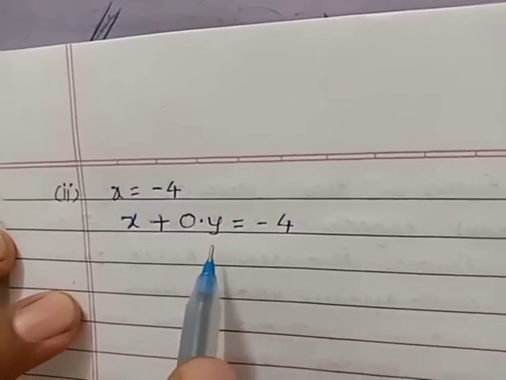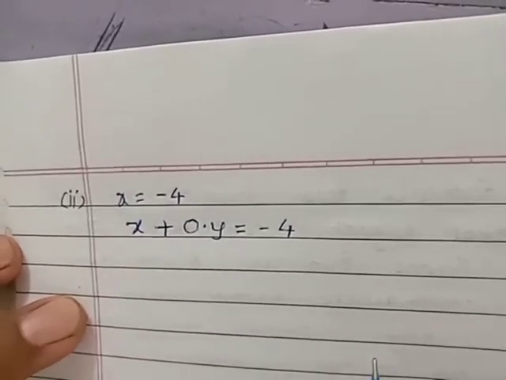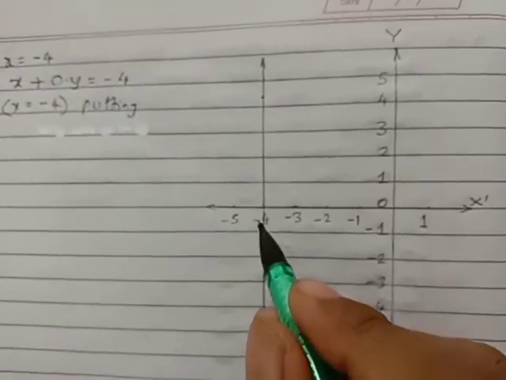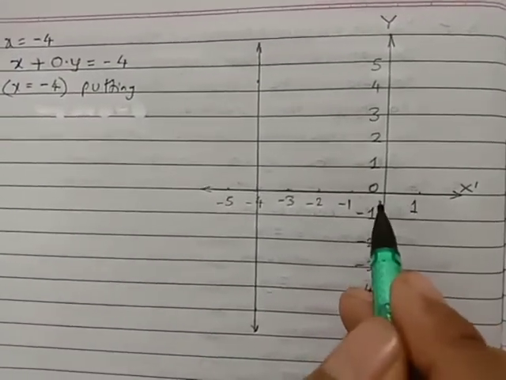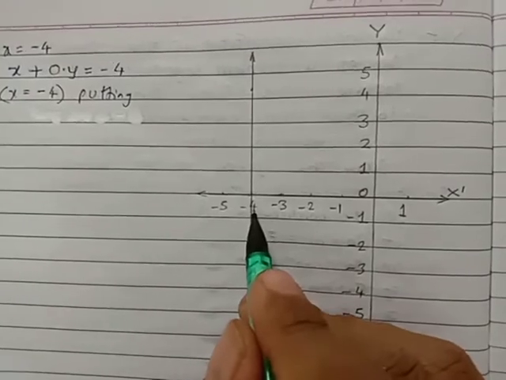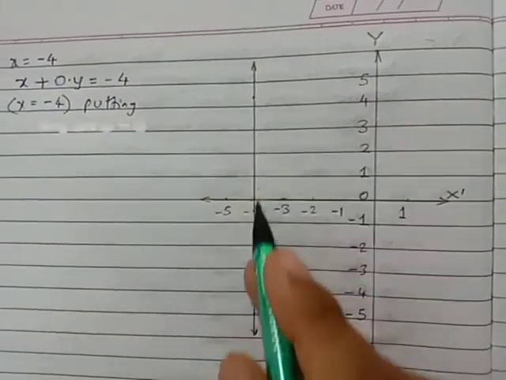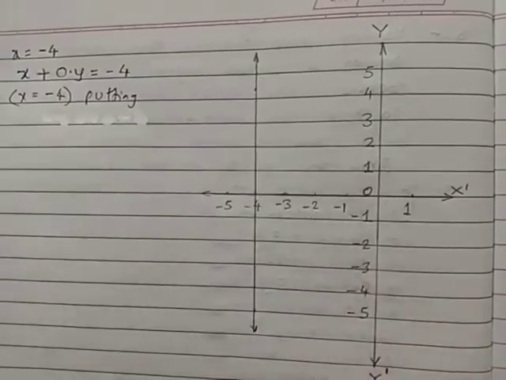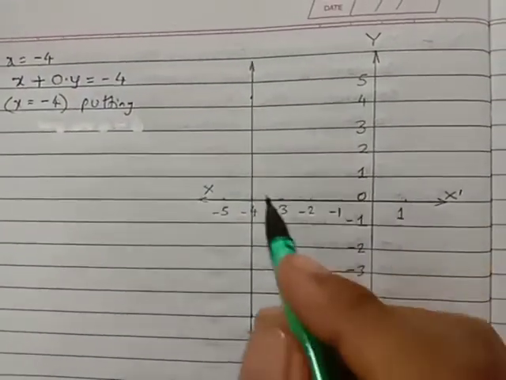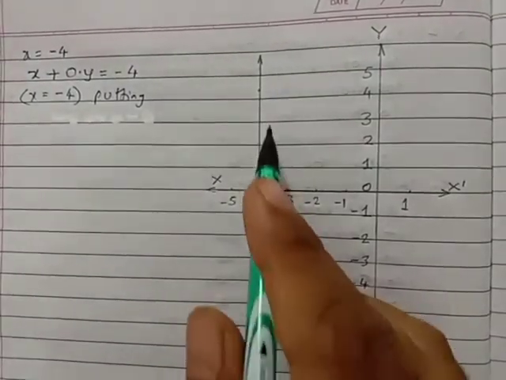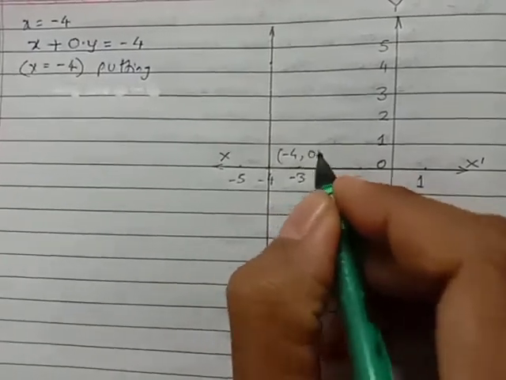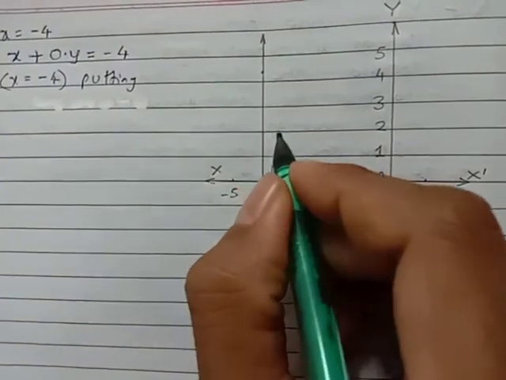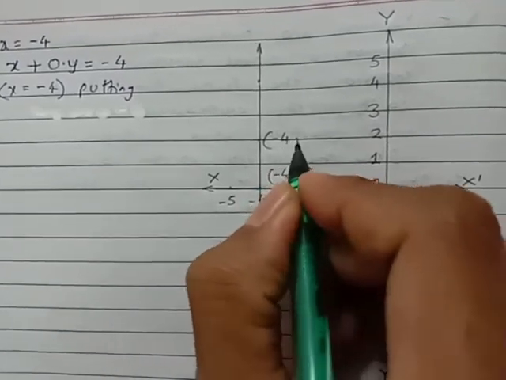Now this can be represented as a line. Now we got this line on the number line, where the value of x was minus 4. So this is the number line, 0, minus 1, minus 2, minus 3, minus 4. So we can draw a line perpendicular to the x-axis. Now you can get n number of points on this line. This point was minus 4 comma 0. You can also take this point, minus 4 comma 2.